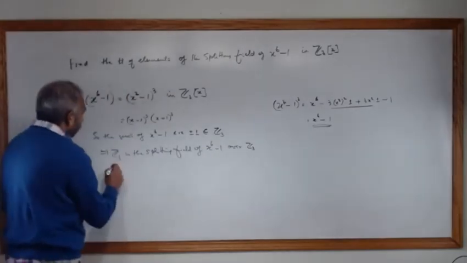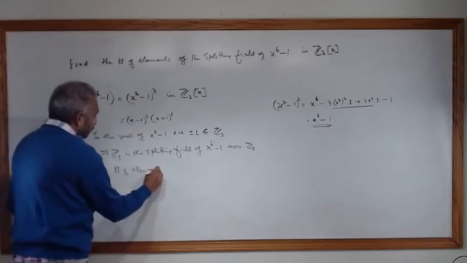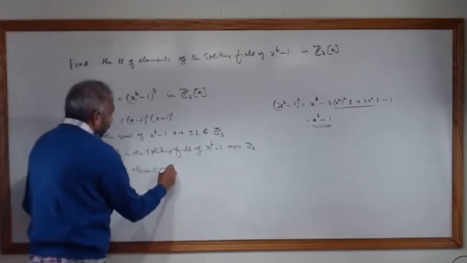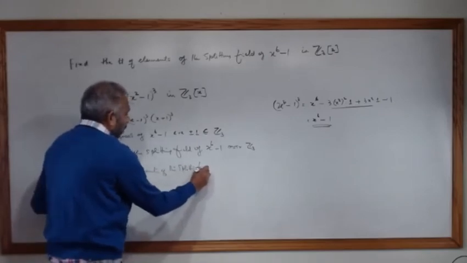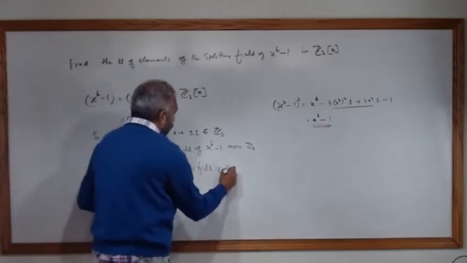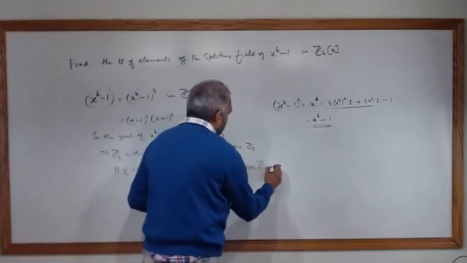So the number of elements of the splitting field of x to the power of 6 minus 1 over Z3 is